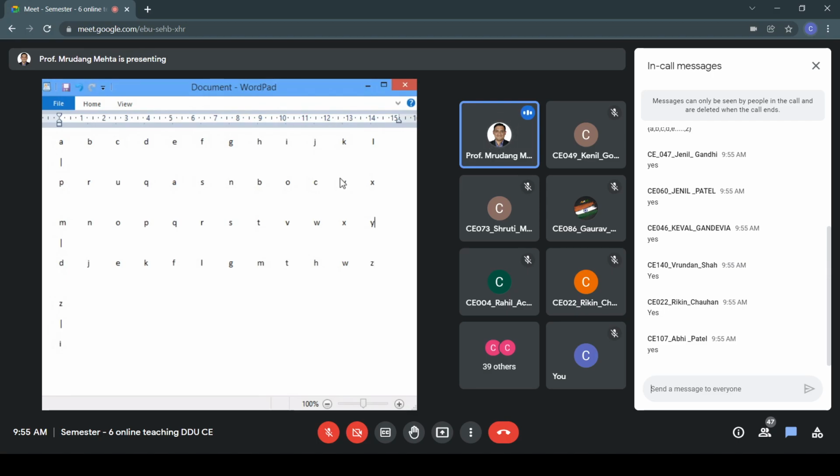Y still needs to be mapped. For U, I can write it here to avoid any repeated Y. U I missed in writing over here, right? So let me write it down over here instead.